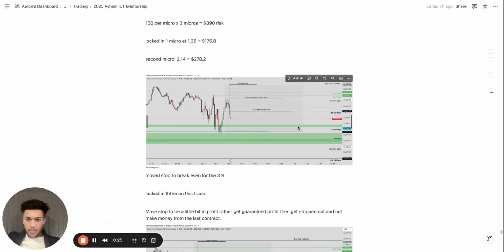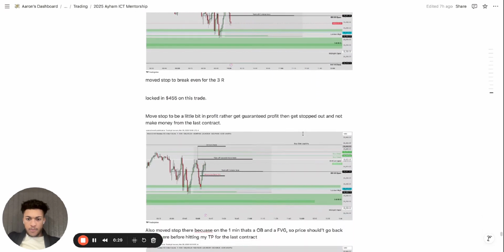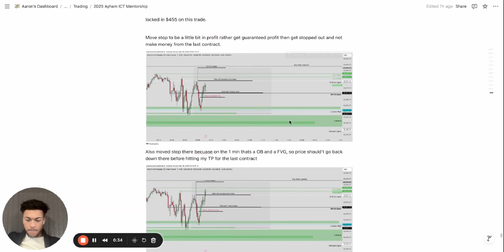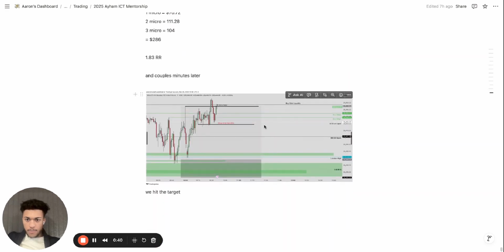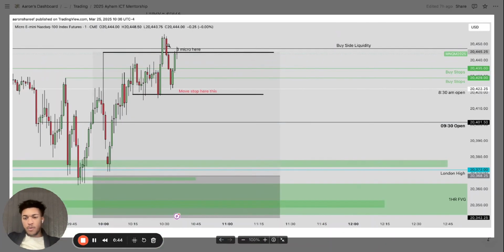And then from there, boom. At this point, watching it there. And if we scroll down, right here. So at this point, we ended up getting bagged and tagged. If we would have let this last micro run, it would have hit, and that would have been a 3R for that 1 micro. But as you can see here, I ended up getting stopped out right here